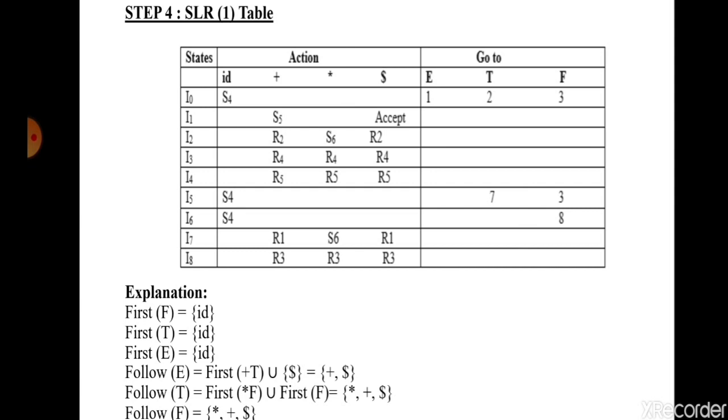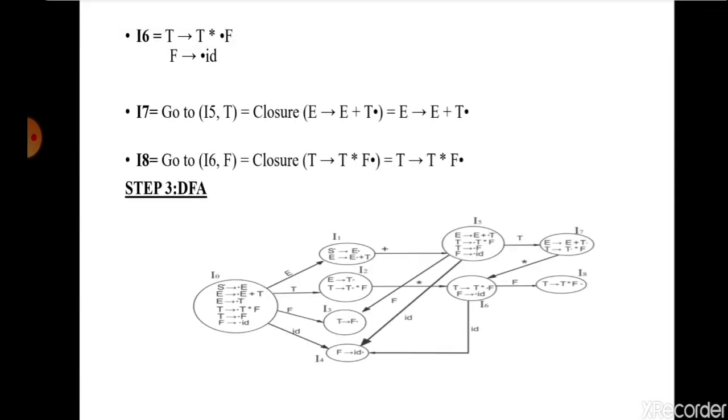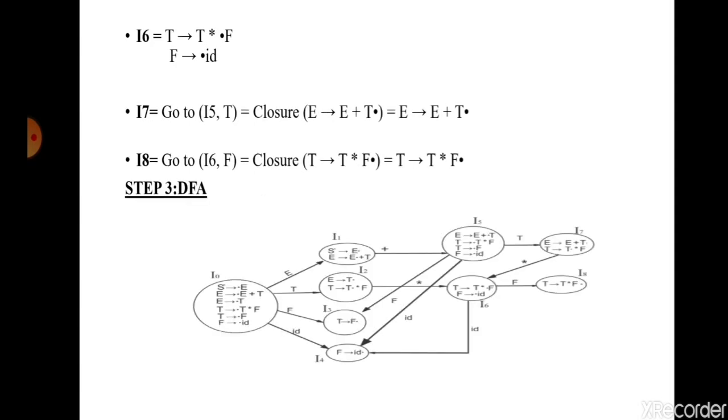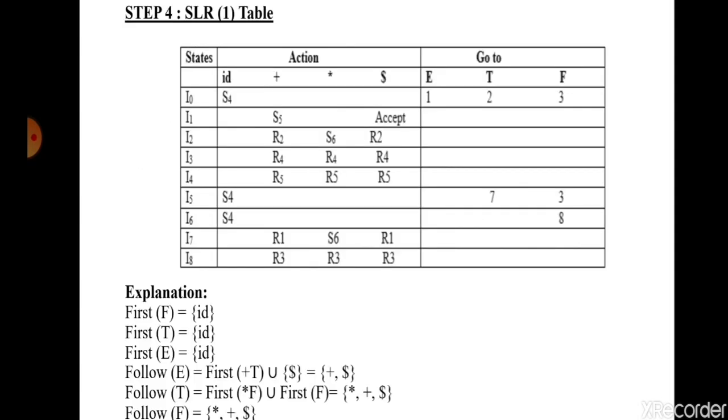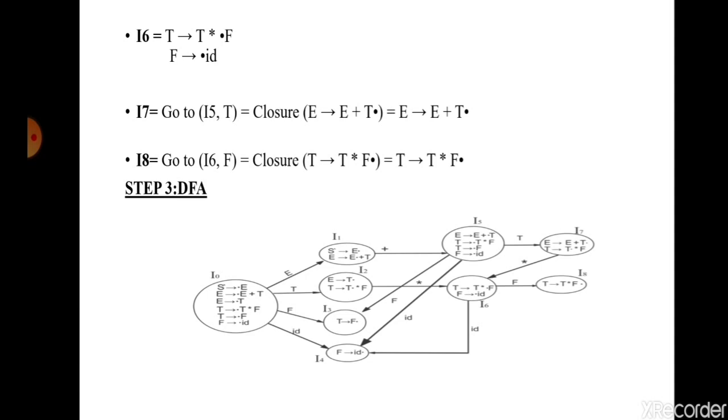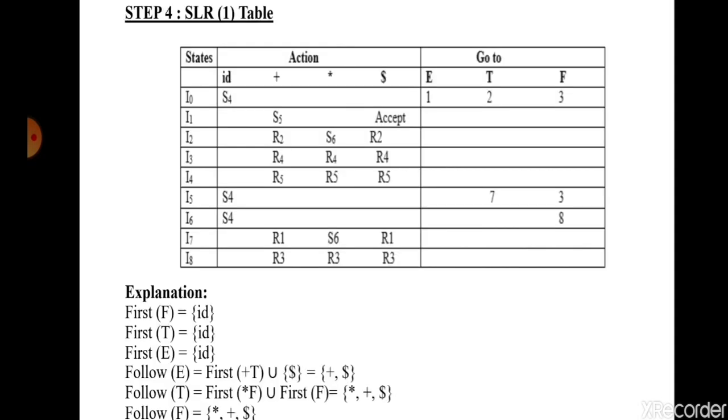We find the follow value only for items where the dot position is at the end of the production. For example, in I3 the dot position is placed at the end: T tends to F dot. So we write the reduce action for I3. In I3, T tends to F dot, so we have to find the follow of T. Follow of T is star, plus, dollar. So in the same row I3, for plus,